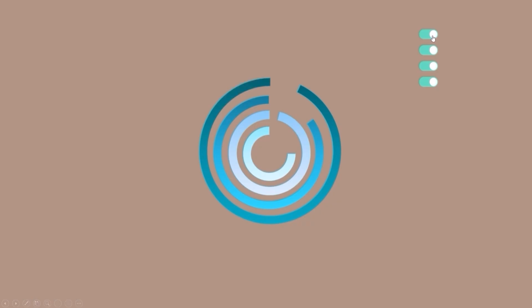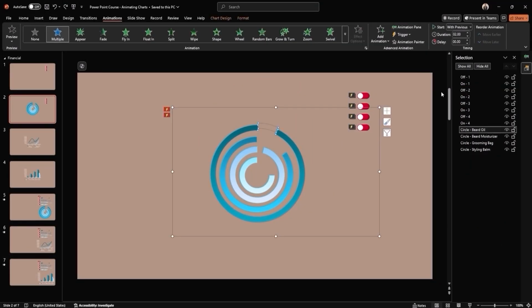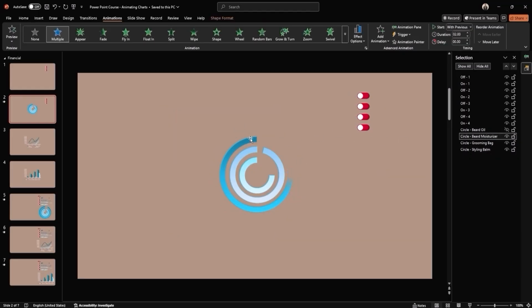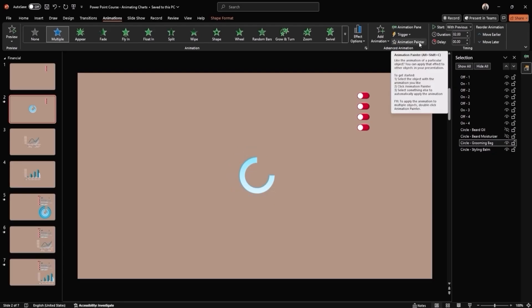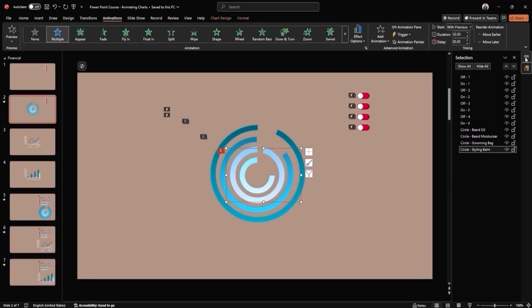Now, we can use the Animation Painter, another trick you learned in an earlier session, to quickly apply the same animations to the remaining pie chart pieces. Remember, after selecting Animation Painter, you can click the eye icon in the selection pane to temporarily hide the top chart layers. This will make it easier to apply the animations precisely to the next pie chart below the first one. Once you've applied the Animation Painter to all 3 remaining pie chart pieces, unhide everything in the selection pane.